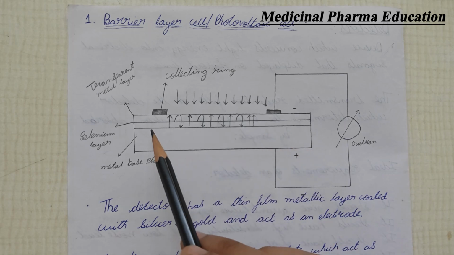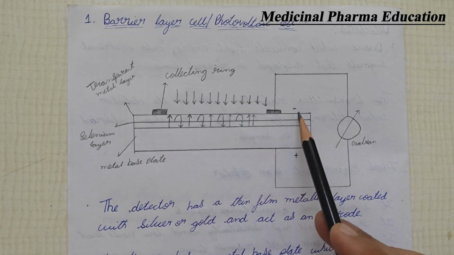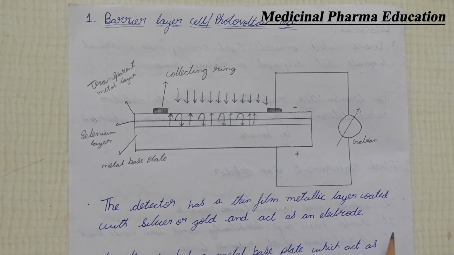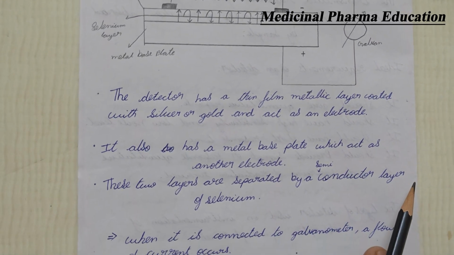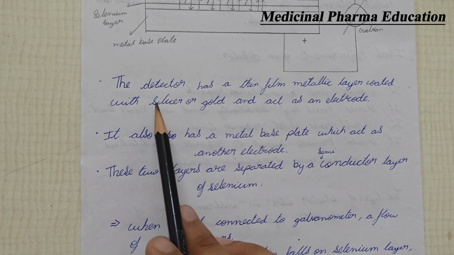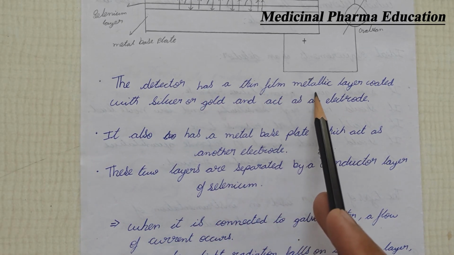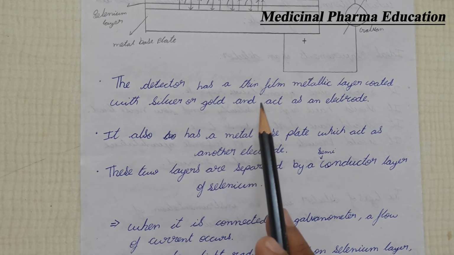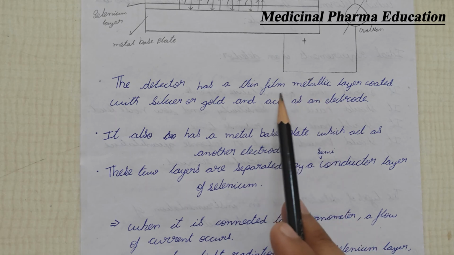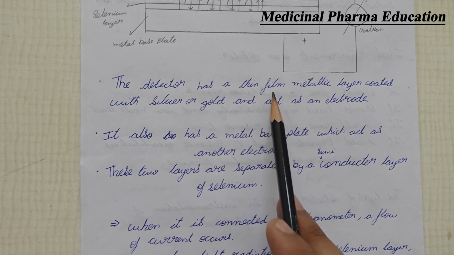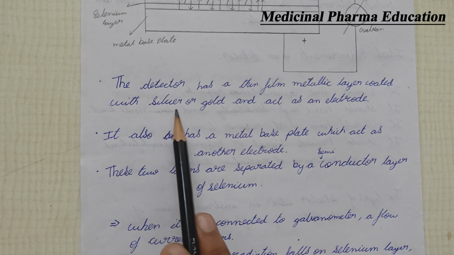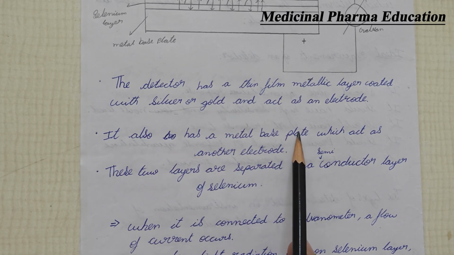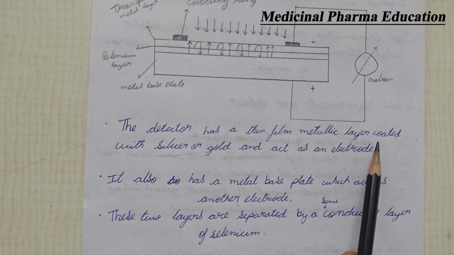This is the metallic plate, and this one is the transparent metal layer. These two are connected with a galvanometer. I think I have understood the diagram. Let's go into the details. The detector has a thin film metallic layer coated with silver or gold, which acts as one electrode. The topmost electrode is coated with silver or gold. It also has a metallic base plate, the one at the bottom,